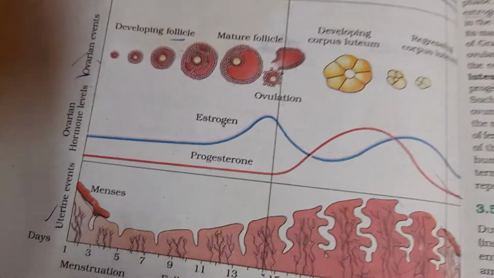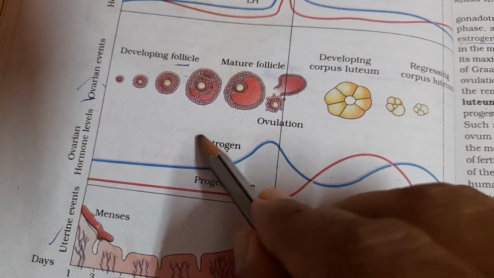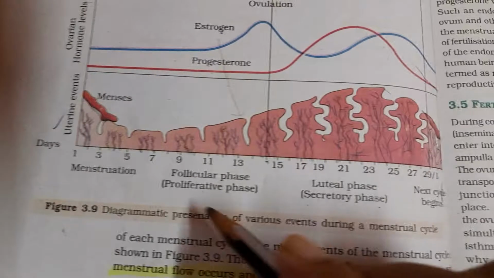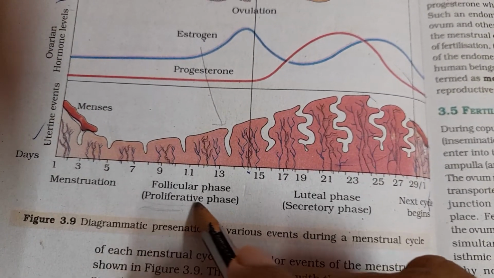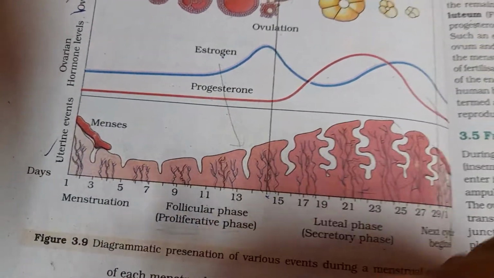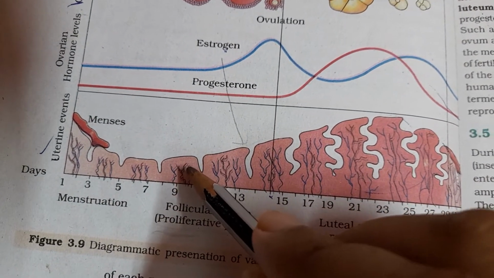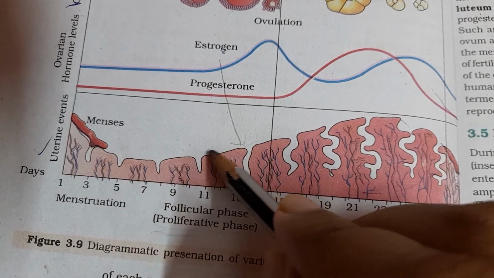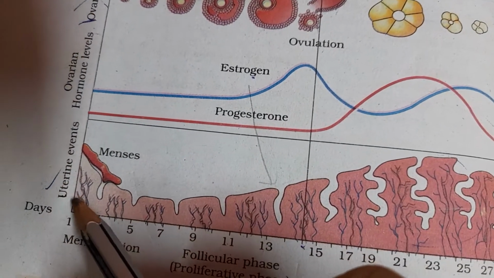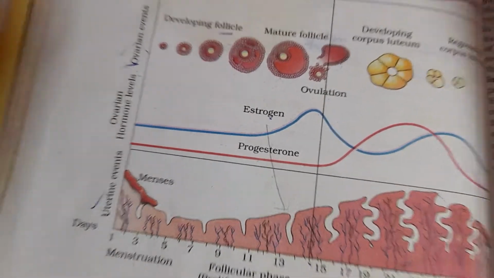In this part, we are going to learn how one of the ovarian hormones, estrogen, acts. This estrogen causes proliferation. It is called the proliferative phase, because proliferation takes place here. New cells are formed by mitosis in the uterus wall, and a lot of new cells are formed. Therefore, it is thickening. How does this estrogen come to the uterus and cause the proliferation? Let us see that.